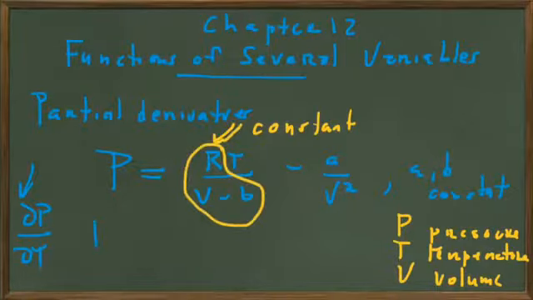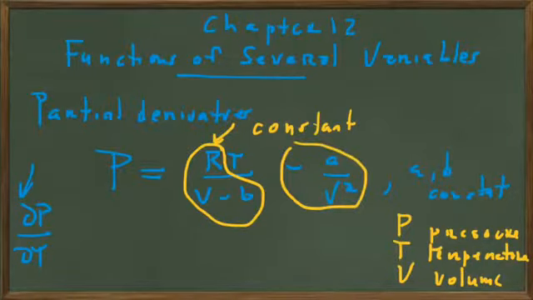So I'm going to circle r over v minus b and note that that is a constant, and I'm also going to circle all of this. Since there's no t in there, that's also a constant, or it's acting like a constant. It's not really a constant, but we treat it that way